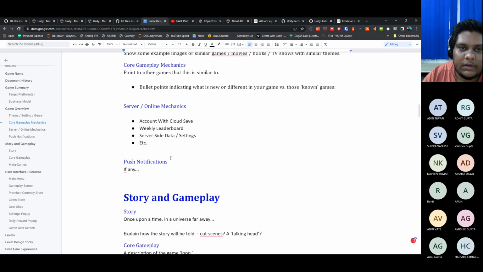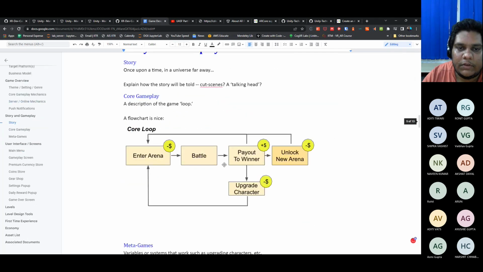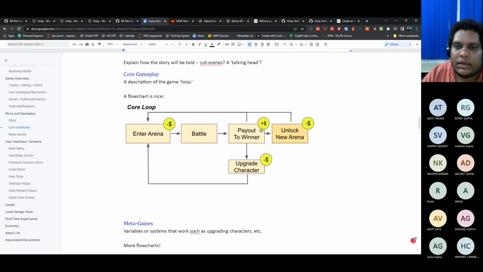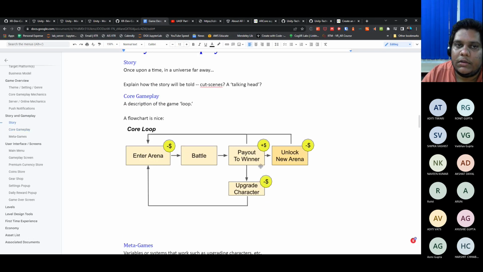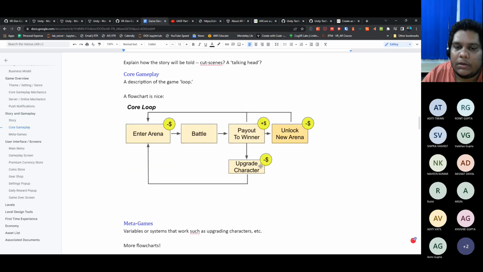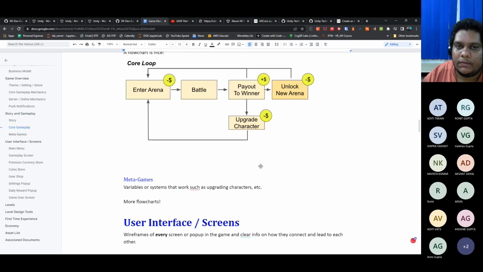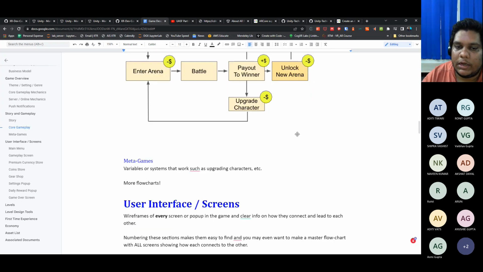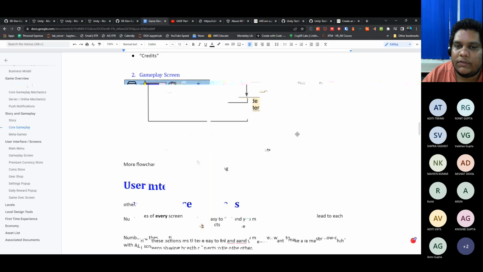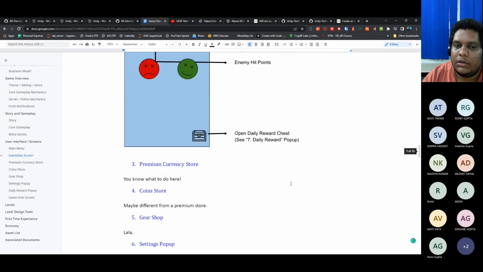This is something you can pick and choose. It obviously has a lot of things. Then there's a flowchart of how the whole gameplay is going to be. Where does it start? What will be the next scene? When does the game end? When does the player win? When does the player lose? Those kinds of scenarios you can create.